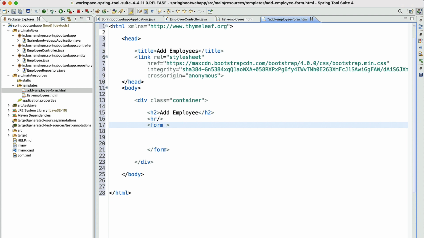This form takes a few attributes. The action attribute. We're going to make use of the link URL expression, @ within the curly braces, /save-employee, which is the URI,